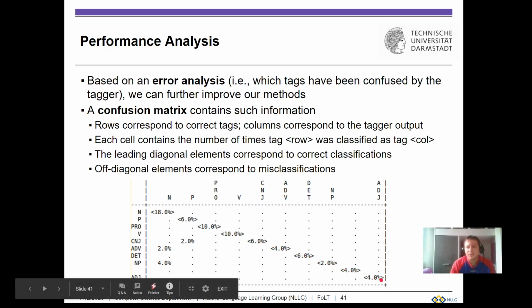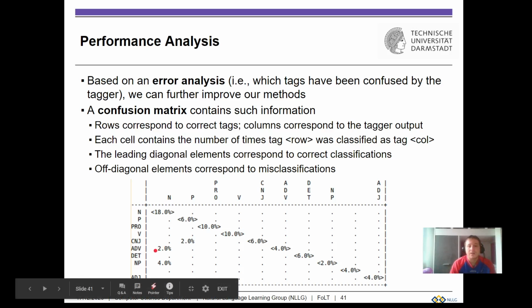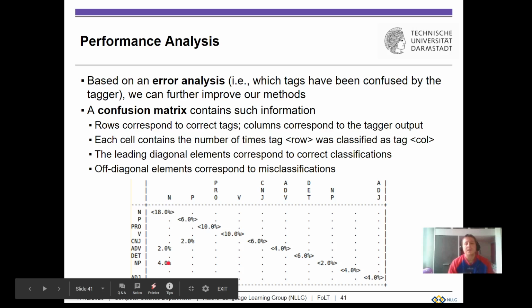I'm not really sure if that's supposed to be a percentage number. I think this is just a formatting issue. I think this should be absolute numbers in here, and this indeed, as I said, is helpful for you to find out what your model is confusing things with. It's reasonable to assume, for example, NP stands for noun proper, so that's a proper noun, like Angela Merkel, so it's reasonable to assume that it confuses proper nouns with nouns